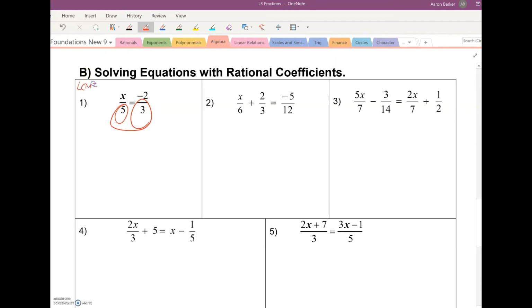Well, the LCM equals 15. So you're going to multiply the whole thing by 15 because you want to keep it equal. So you're going to multiply the first fraction by 15 as well as the second fraction by 15, all the terms. So what that looks like is x over 5 times 15 equals negative 2 over 3